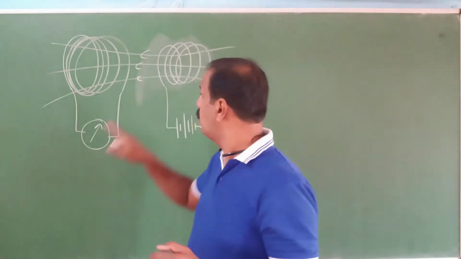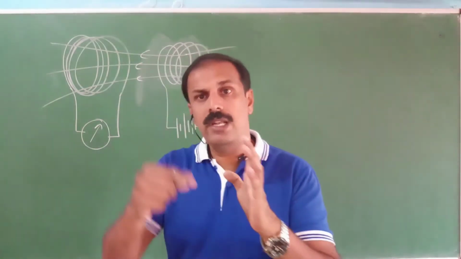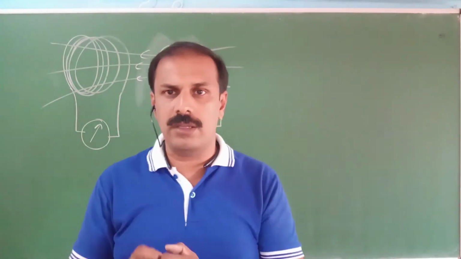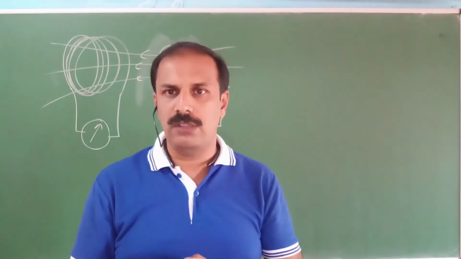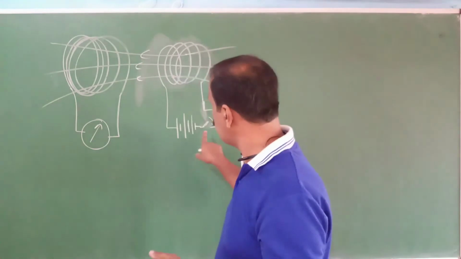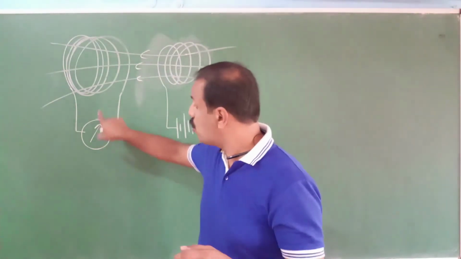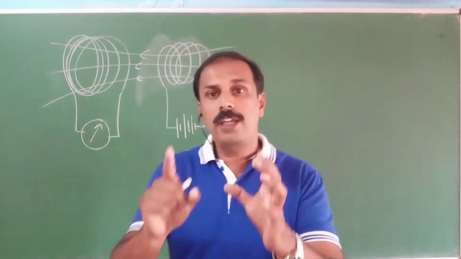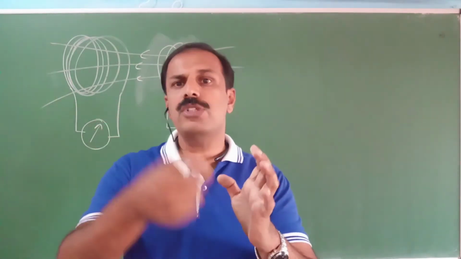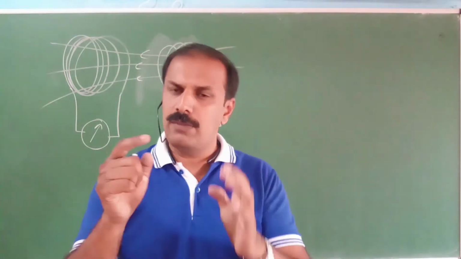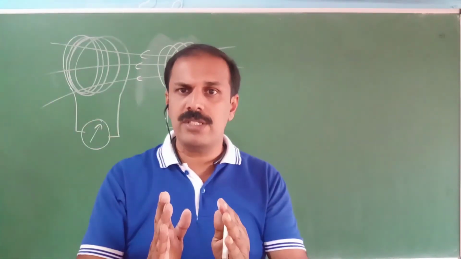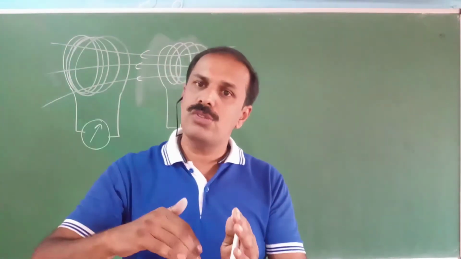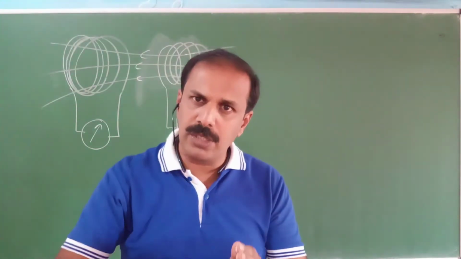In the second case, we used a coil and we were moving the coil. There also, moving the coil makes a changing magnetic field. And in this case also, it shows a current in the coil only while the switching on or switching off process is going on. What is the meaning of switching on? There is a change in the magnetic field. First the magnetic field was 0, it is going to maximum. When you switch off, already it was maximum, it is coming to 0.